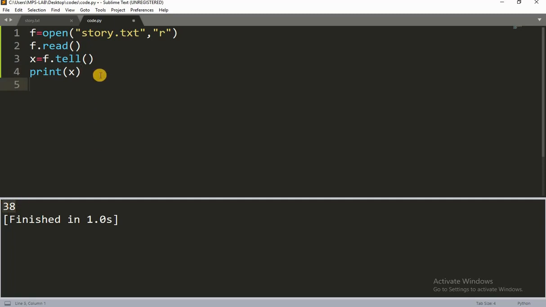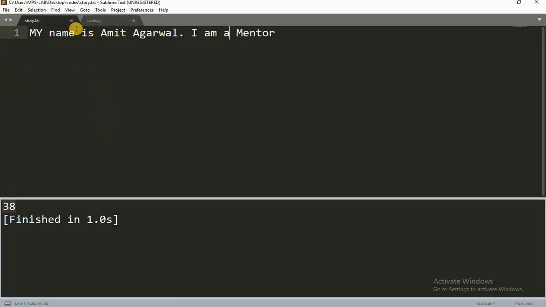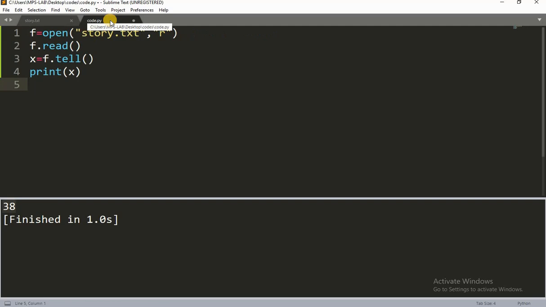Now imagine if we want to move to the 6th location, so how we can do that? We will simply type f.seek. In bracket we will mention the position, and after that let's say we again want to find out the location of our pointer.